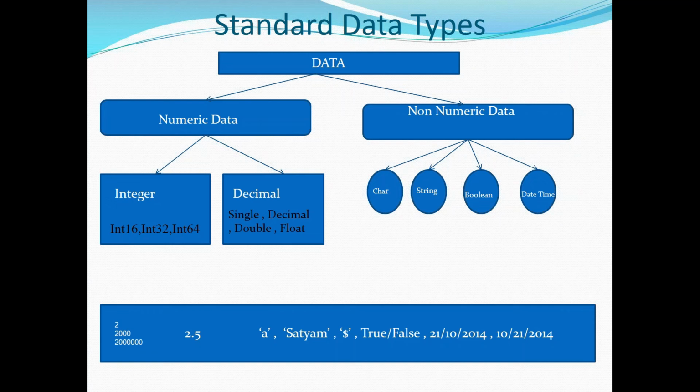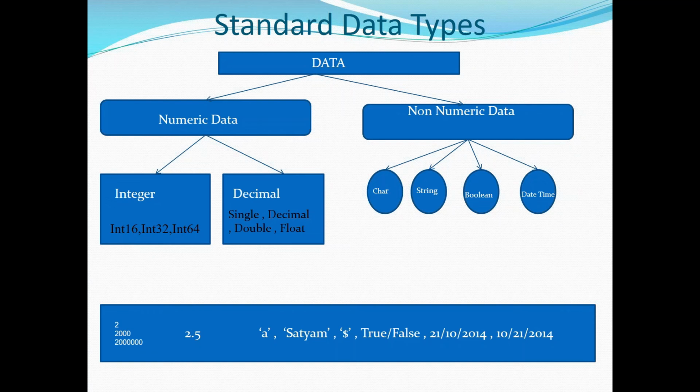What is the maximum amount of space? Int 64. So in all the cases, whether it is int 16 range, int 32 or int 64, it can be any type of number, the maximum amount of memory will be allocated. That is the reason you will see a lot of memory wastage over there.